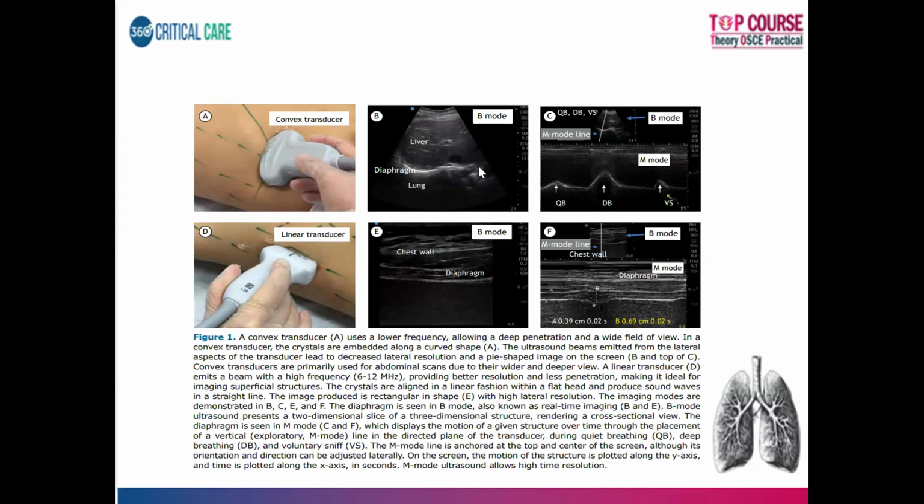Okay, so this is another modality which is used for weaning processes, or it is a part of the diaphragmatic ultrasound. Here, what we usually use is the linear transducer. This linear transducer is usually a high frequency probe, which is usually used for vascular structures. High frequency, I told you earlier, picks up better image quality. And because it picks up better image quality, you will be able to see the chest wall and the diaphragm better